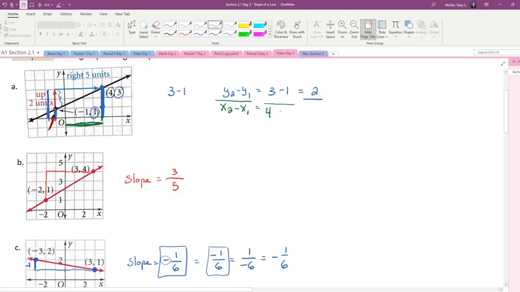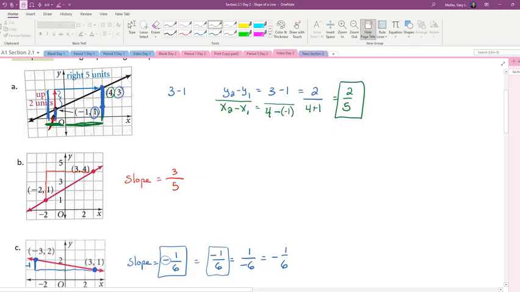And I'm going to subtract this distance right here, which is negative, I went too far, negative 1. So 4 minus negative 1 makes 4 plus 1, and I get 2/5,